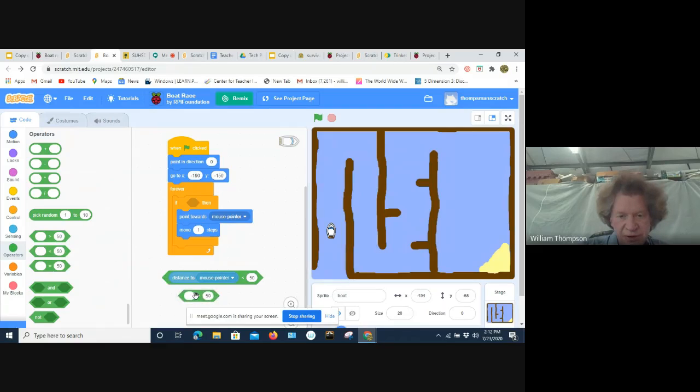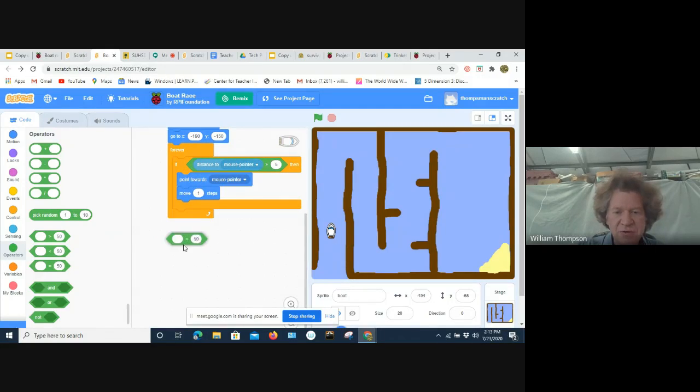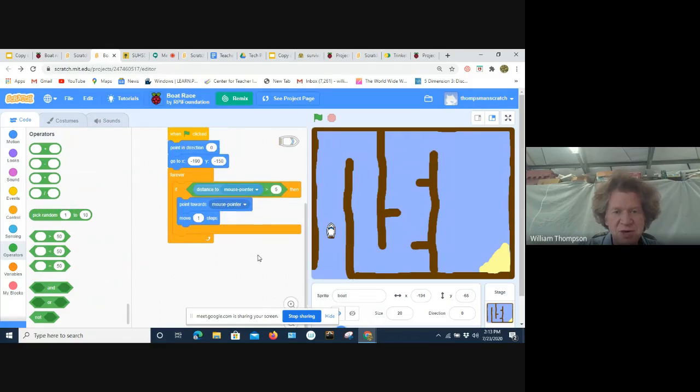So here, I'll pull this one out. Sometimes it's kind of tricky to get things to click into place. On my screen, hopefully you can see where we got the little highlighted circle around the circle, and then I know it's in the correct place. And instead of 50, I just click on the block and I'll type in the number I want, greater than 5. And then I need to move this into my if-then statement. If you want to get rid of a block, just drag it off to the side and drop it, and it goes away.